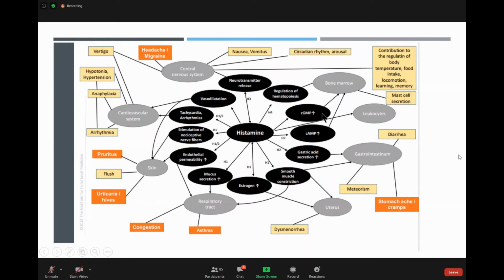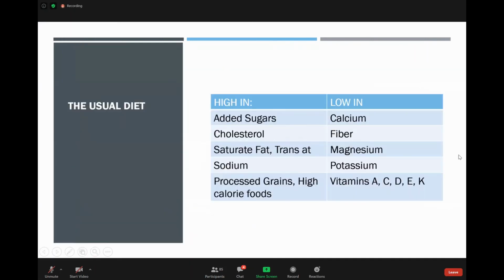So bakit ko ito pinapakita? It is because our usual diet is like this. You have your added sugars, you have your cholesterol, you have your saturated and trans fats, you have a lot of sodium going on there, and you have processed grains and high calorie foods. And we are very low in your calcium, we're very low in fiber, magnesium, potassium, vitamins A, C, D, E, and K, which are all vital for your daily needs, lalo sa